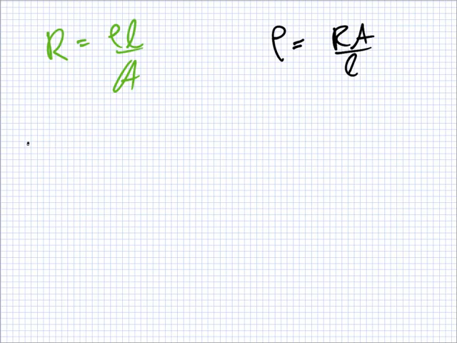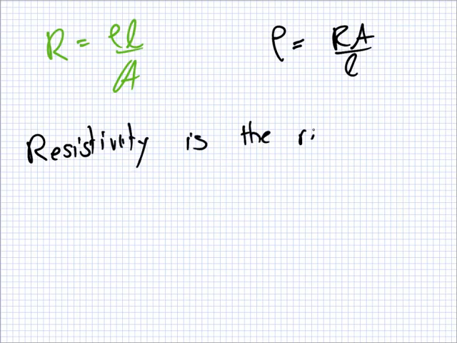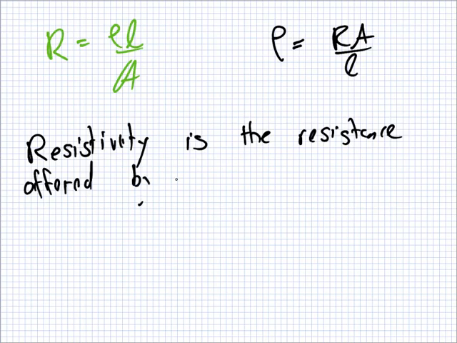So you could say that the resistivity is the resistance offered by a conductor per